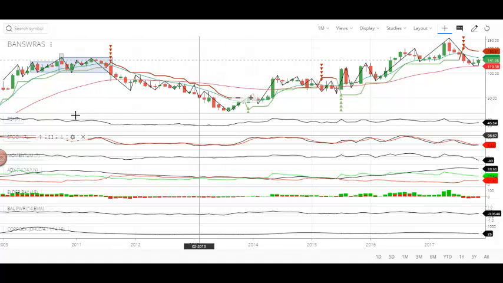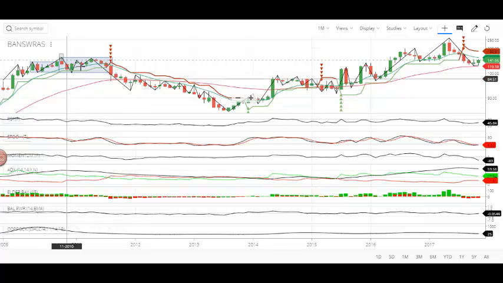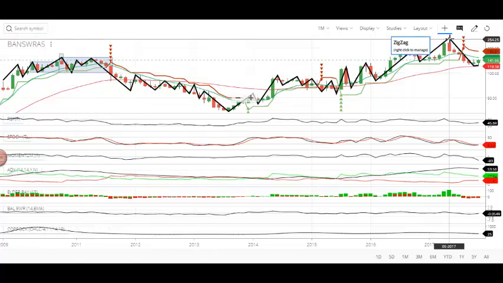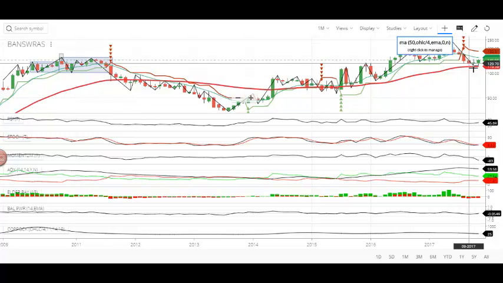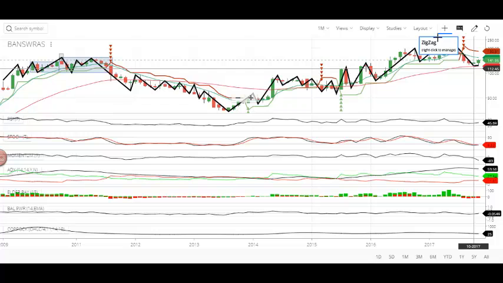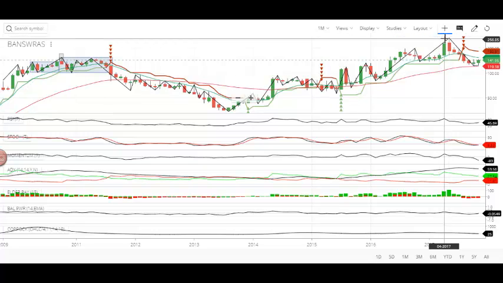Now, if you look at the path pattern of the stock based on the data we have since 2009, it is very clear that the stock reached its peak price in May 2017, and after that it went down. We can clearly say it's a crash kind of thing. After reaching nearly 260,